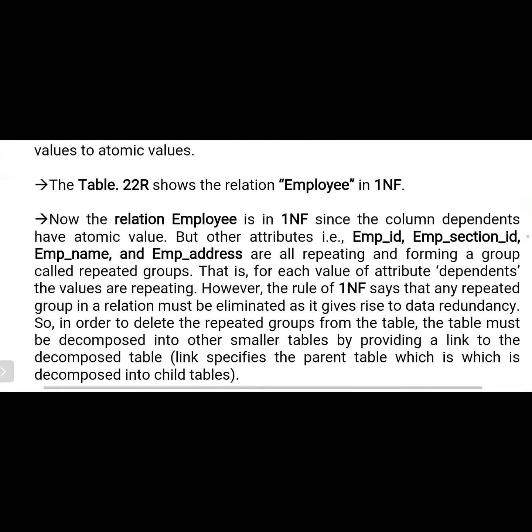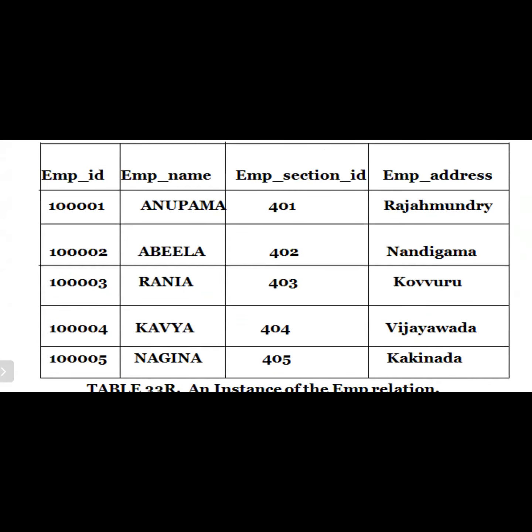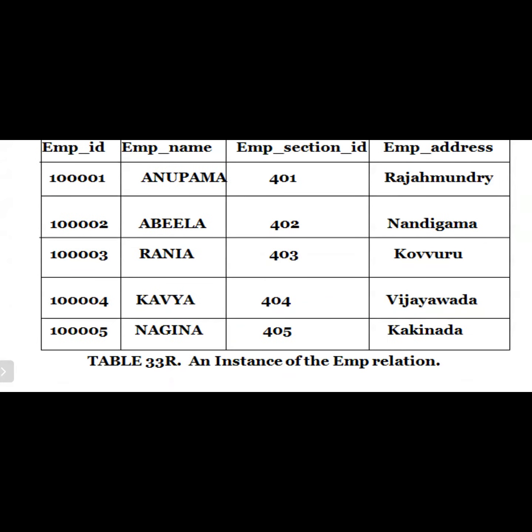And we can also divide it into two tables. If you observe here, 1401 occurs only once. Am I right or not? That means we are reducing the occurrence of redundant data in this table. In that manner, we are eliminating the dependents. Employee ID, employee name, employee section ID, and employee address form one table, and employee ID and employee dependents are considered as another table.